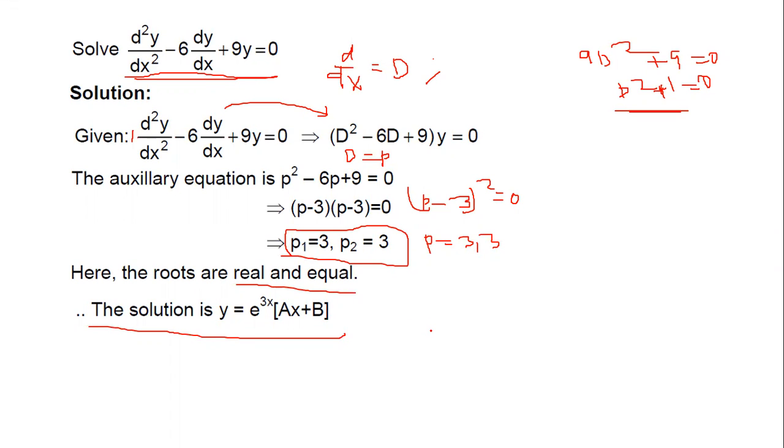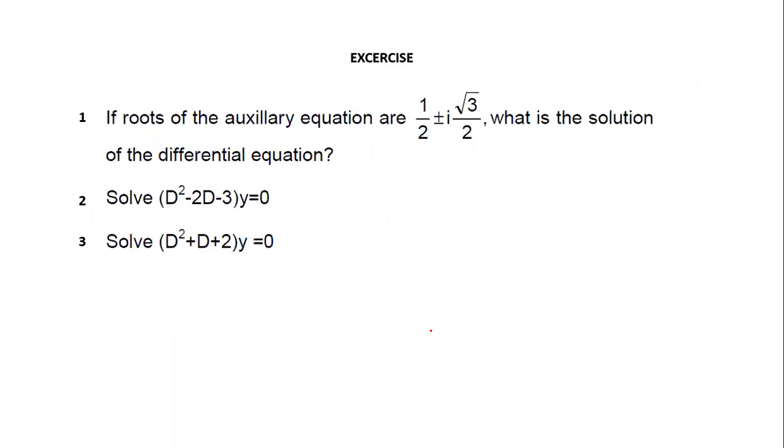Next, we are discussing the solution of the non-homogeneous equation. So here, see the exercise. In that exercise, the first one is: if the roots of the auxiliary equation are 1 by 2 plus or minus i root 3 by 2, what is the solution of the differential equation? Directly we can write that. What is the solution here? y equal to,